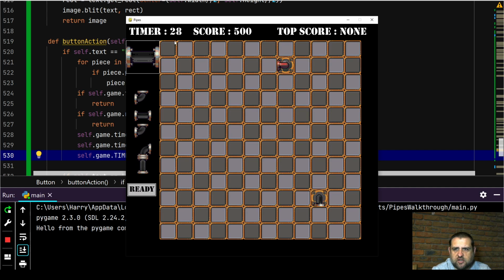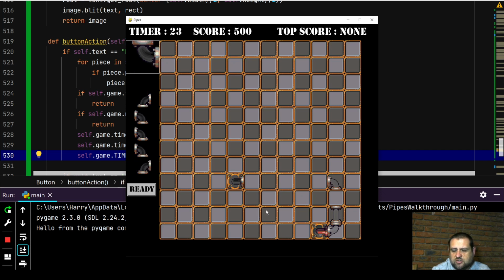You see my timer is running down. I'm just going to hit the ready button. See, okay, that should be set to 0. Set to 0, and the water starts flowing automatically, which is fantastic. What we're going to do now is we're just going to quickly test it to make sure that we actually get